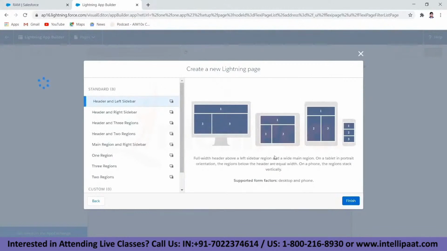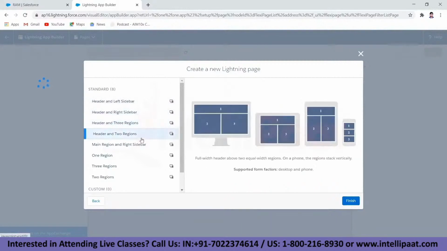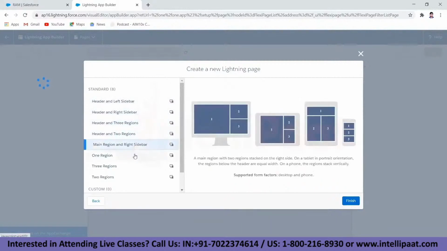As I told you, the Salesforce Lightning applications adapt both for your PC as well as your mobile phones of different sizes and tablets of different sizes. You can see if the tablet is in this orientation, it will look like 1, 2, 3 like this. If it is straight, 1, 2, 3 on the phone. You can choose different settings based on this, and the applications will be spawning accordingly. So different views that you can get from here.